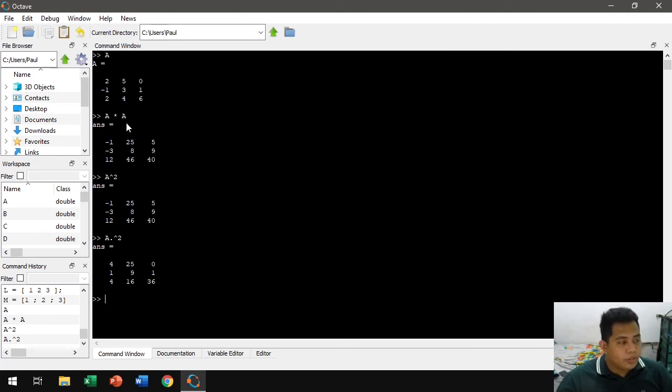So the first one is matrix multiplication. This is also matrix multiplication, the second one, A raised to the second power. And then the last one, with the preceding dot, is element-wise power. It just squares each element. For cube, it cubes each number, and so on and so forth.